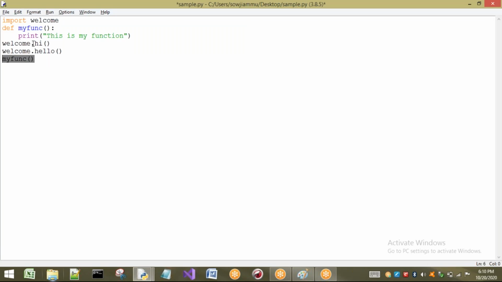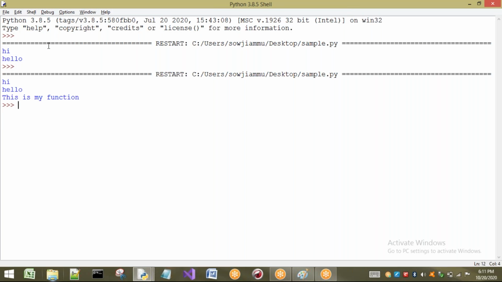In the same way here, my function is present in my module only, so directly I can call my function. So automatically this will be executed directly. If I want to call something which is present in another module, first I have to import that module, so that after importing it I can use the members of that module. So if I execute this module, I am going to get hi, hello, and